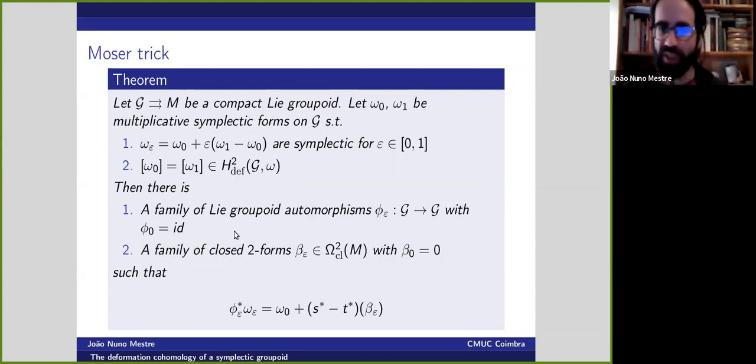And if this was just the usual Moser trick, then we would want something like this that would pull back the form at time epsilon to the form at time 0. But we are asking more than just diffeomorphisms. We are asking that these diffeomorphisms preserve the Lie groupoid structure. So we may not be able to get just that, but we do also get a correction term. So we get a family of closed two forms, beta epsilon, which are closed forms on M, on the base,